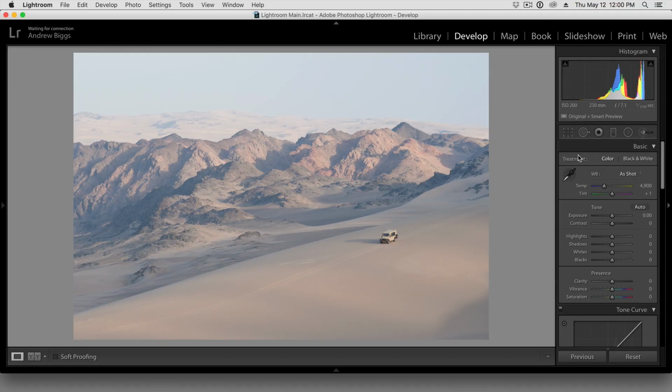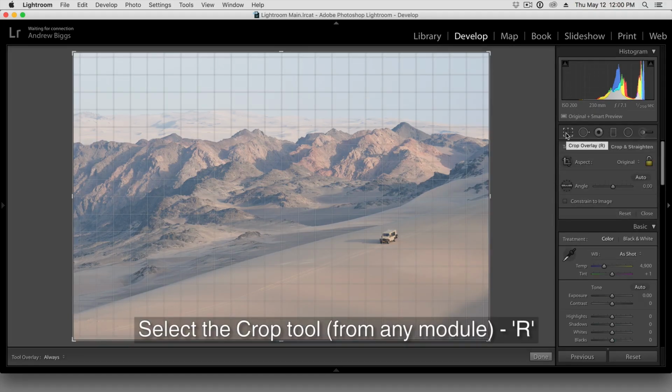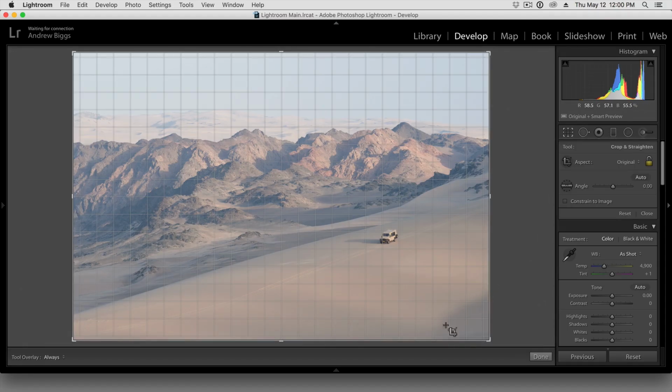We do that by either clicking on the cropping tool or by pressing the shortcut R. For me, I'm making a determination whether I want to keep this dark piece in the corner. I'm not sure that I do, or a lot of the sky. The problem is if I crop a lot out, I feel like I'm losing that wide open space that I worked so hard to try to get. So let's just play around here. Now,